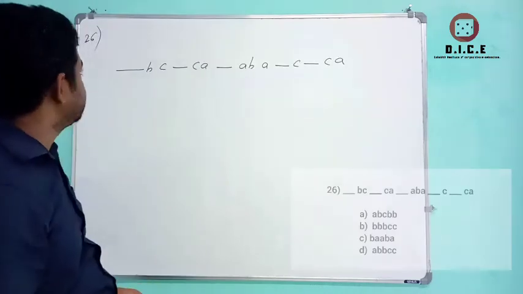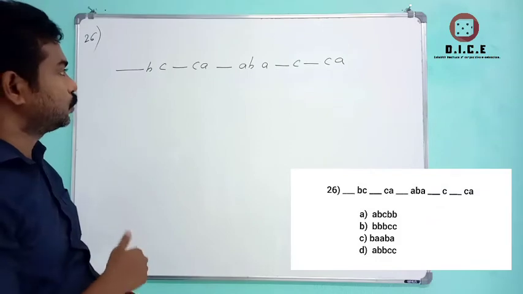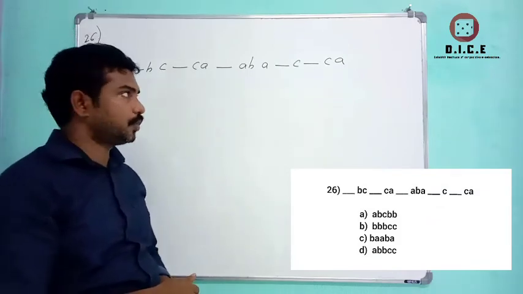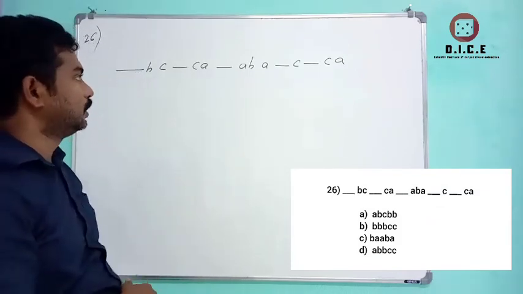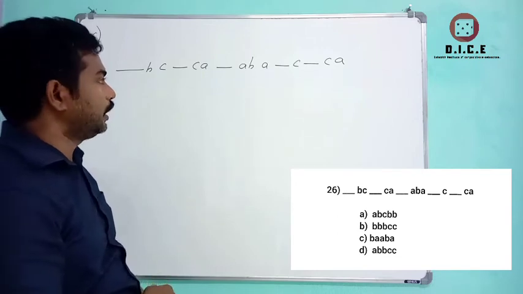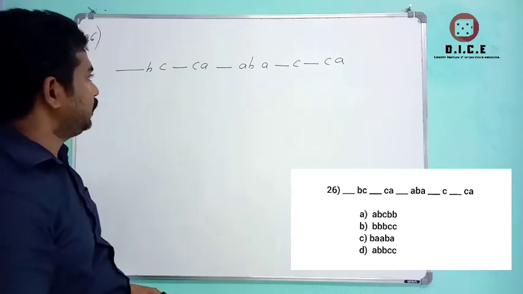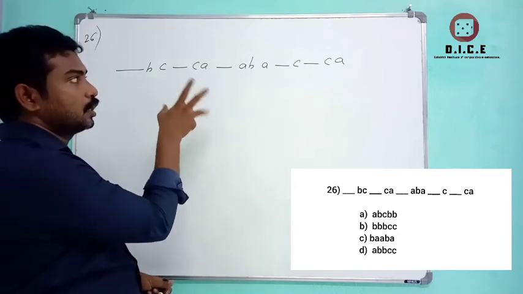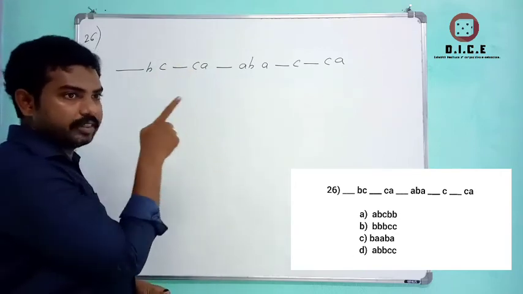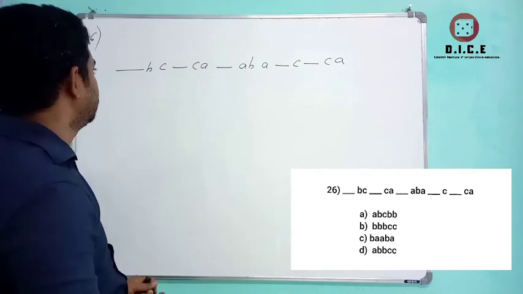So, question number 26 is the case of series also. This is another model in the case of series. Now, try to see how I am doing. This model is important. Already in 2020, we got a question regarding this pattern. If you see, including the spaces, count the characters here.